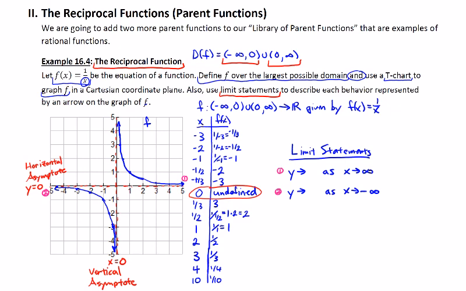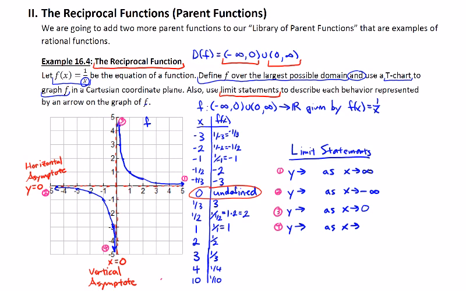But we still have 2 arrows. We have a third arrow that's up here close to the vertical asymptote on the right side, and then we have a 4th arrow down here to the left of the vertical asymptote. So every vertical asymptote is going to end up having an arrow on the right and the left-hand side of it. So we're going to indicate these 2 statements by using a superscript notation. I'm still going to say y approaches something as x approaches,